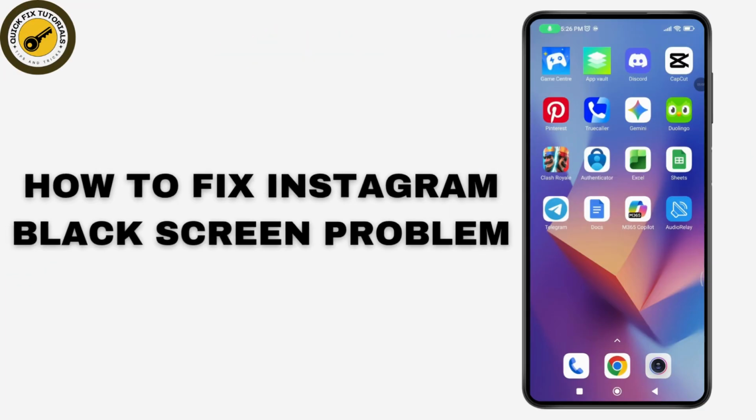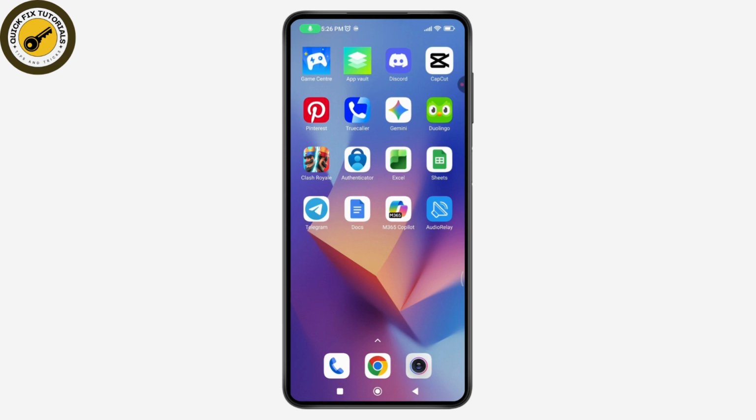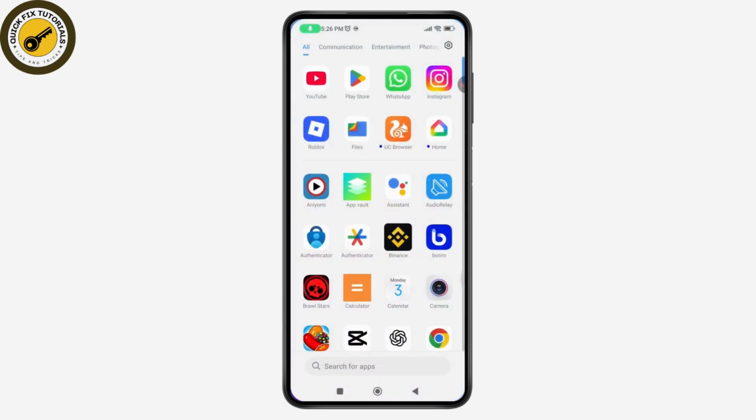How to fix Instagram black screen problem. So if you want to fix your Instagram black screen problem, then what you need to do is just watch this video. If you open up your Instagram and if you have a black screen, you won't be able to